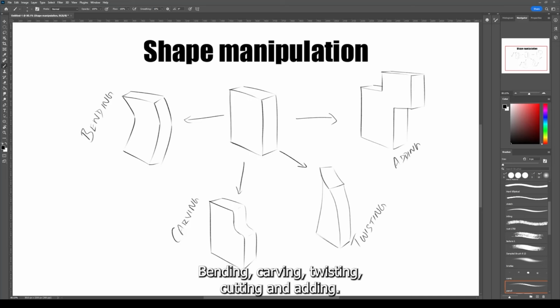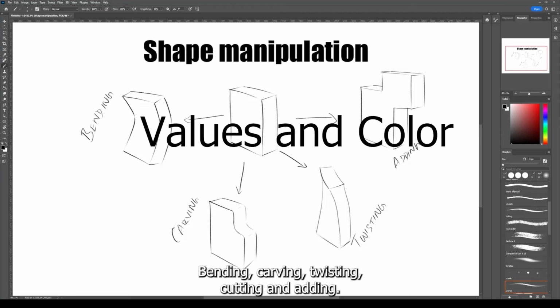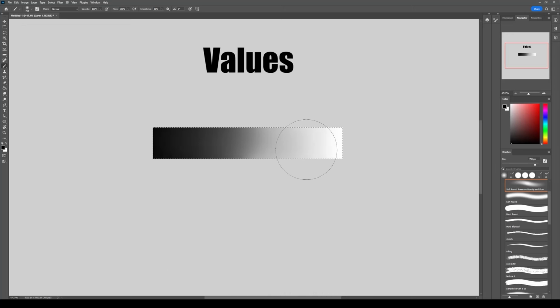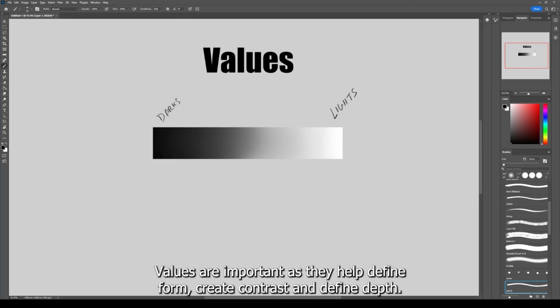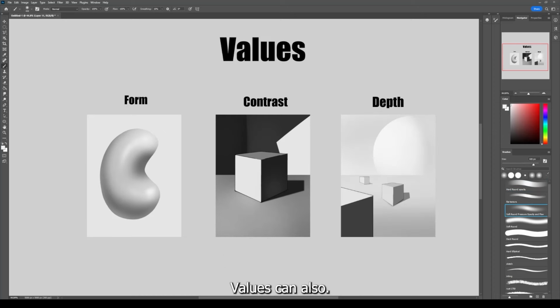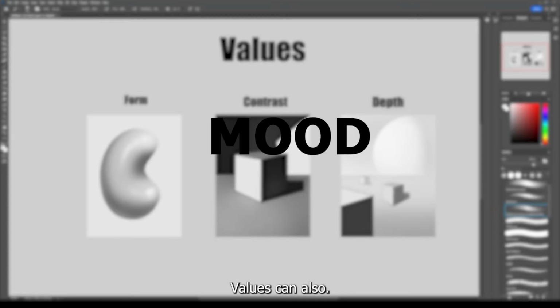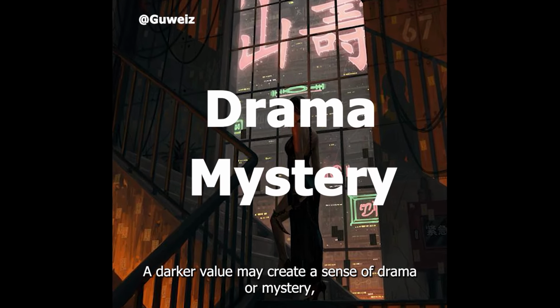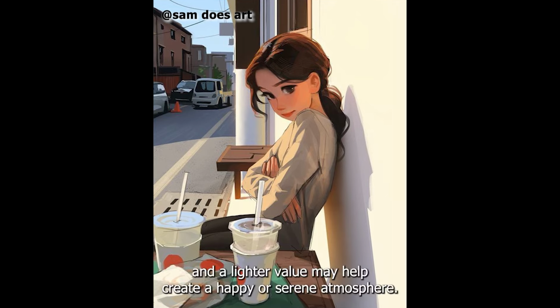Now let's look at number 4, which is values and colors. Values basically means the darks and the lights in your paintings. Values are important as they help define form, create contrast, and define depth. Values can also help define the mood of your painting. A darker value may create a sense of drama or mystery, and a lighter value may help create a happy